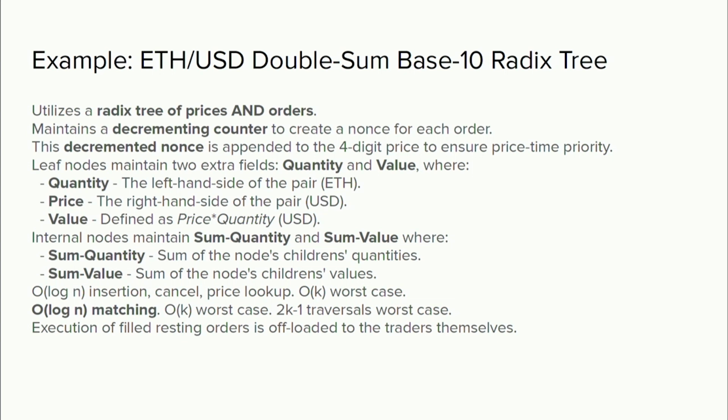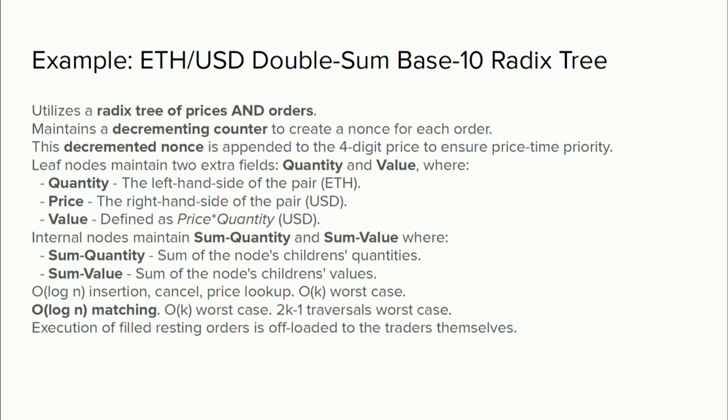The idea for the decrementing nonce is you obviously want it to be higher for earlier orders to maintain price-time priority, because you want earlier orders to go on the right side of the tree, because as you'll see, we're always going to be matching from the right. So like Joseph mentioned a little bit, leaf nodes maintain 2 extra fields,